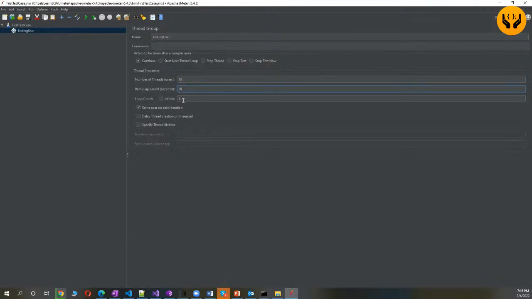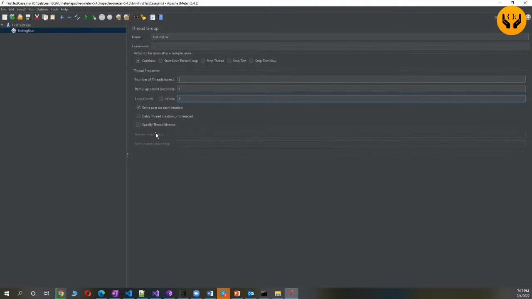And loop count is that if we want to, for example, if this is the case, 5 users, and I say 5, so now if I keep it 2, it means that this request would be run twice for 5 users every 5 seconds. So it means that actually there would be 10 users on it due to this loop count. And we can always do infinite, and so this is not recommended as it would consume so many resources. So let's keep it 1,